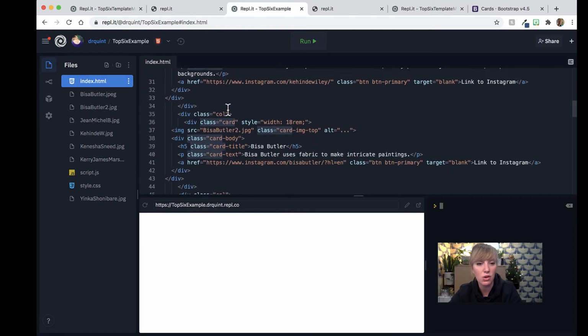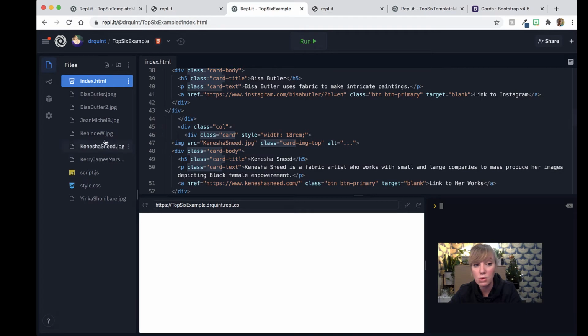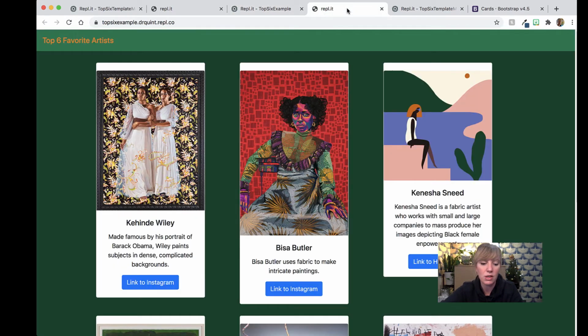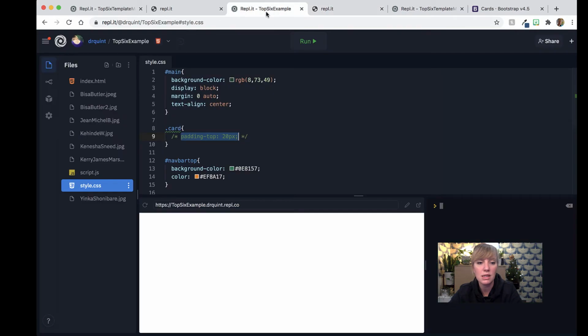So I have a bunch of cards here. Class equal card, class equal card, and what that's going to allow me to do is style them all the same at the very same time. And so if it's an ID, you use a hashtag. If it is a class, you use a period. So what I wanted was, let me show you what this looks like if I don't have this. They were too smushed together. So what I did instead, well,